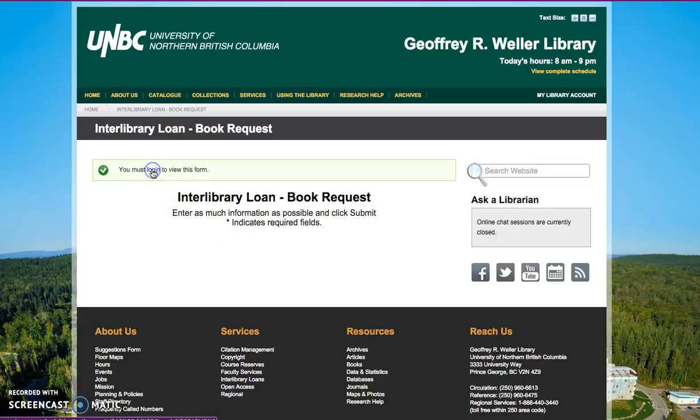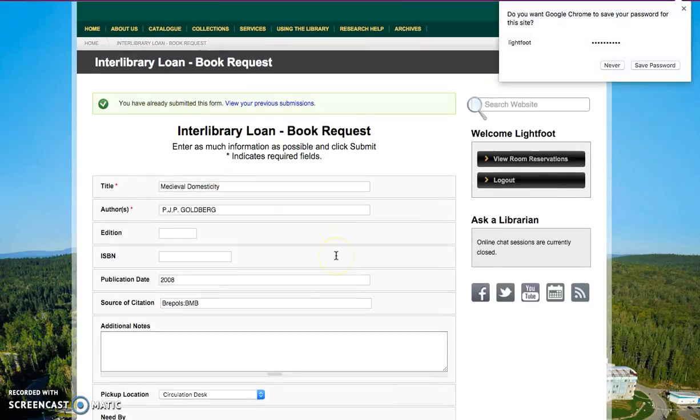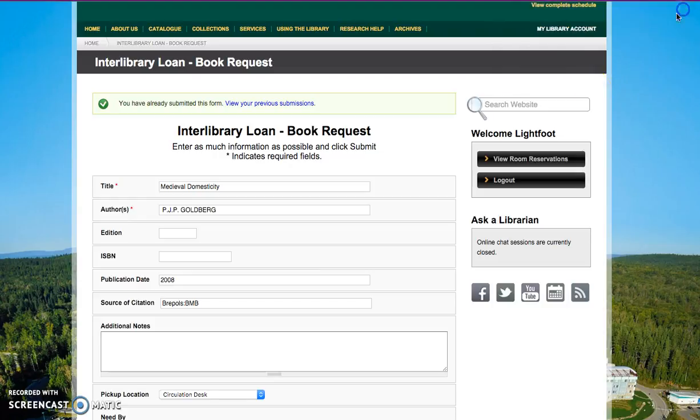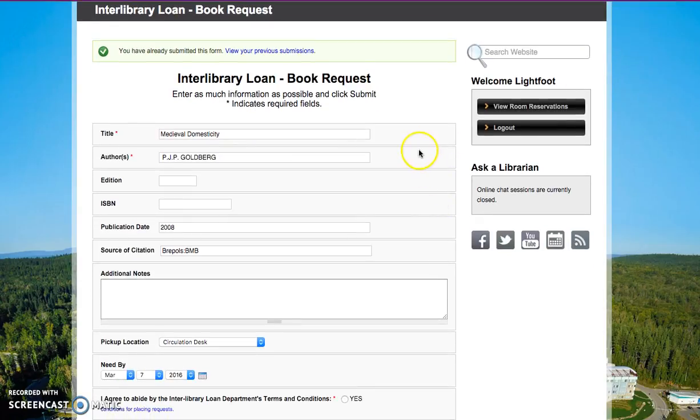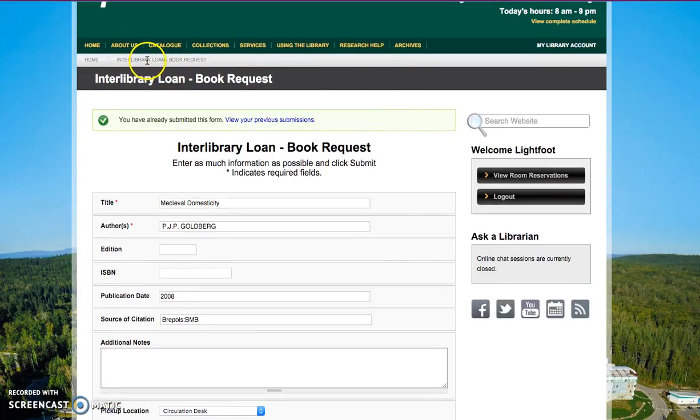You'll need to log in to Interlibrary Loan. It's the same credentials that you use for everything else to log in. And they've already filled out the form for you. Now this form is so that you can get the entire book. If you just want to get the